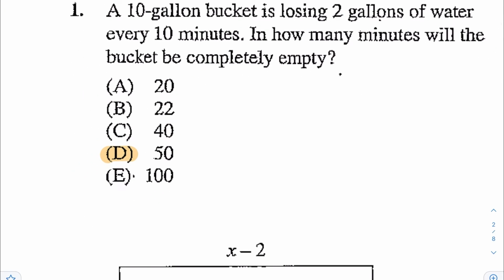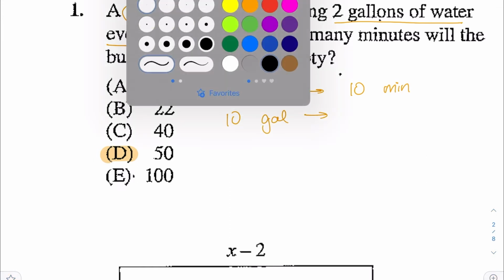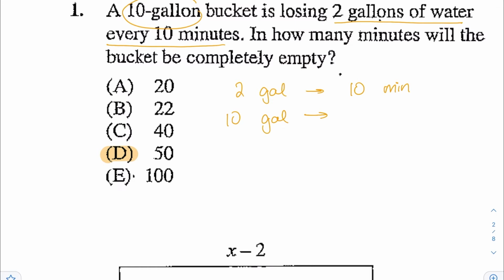All right, for question number one, it says a 10-gallon bucket is losing 2 gallons of water every 10 minutes. How many minutes will the bucket be completely empty? So we have this rate, 2 gallons of water every 10 minutes. And we know that this bucket can hold 10 gallons. So we can use unit rates here to determine how long it will take for this bucket to be completely